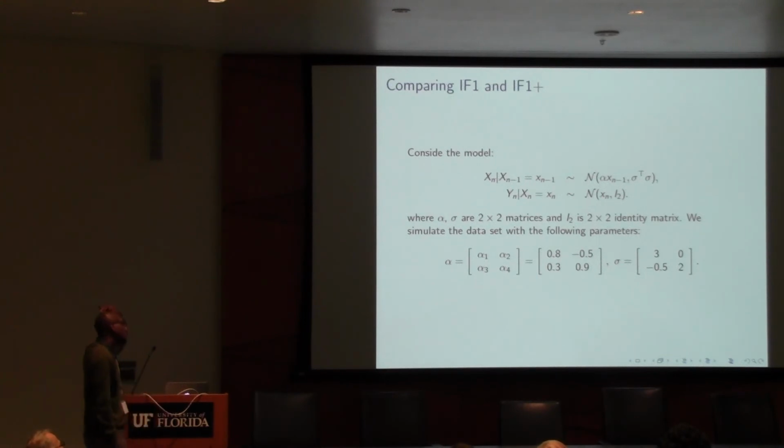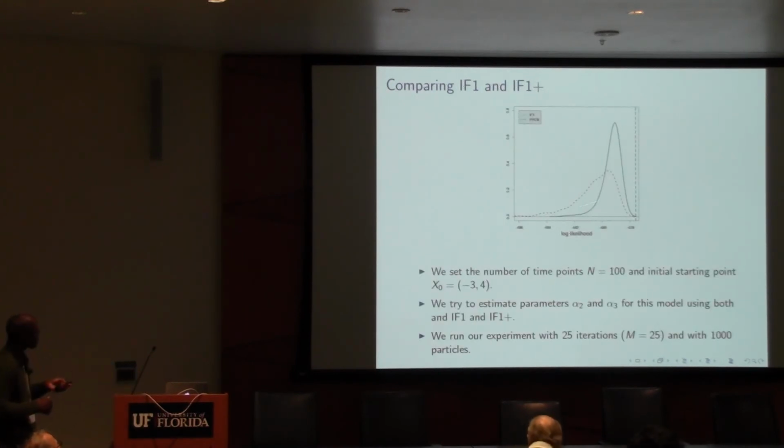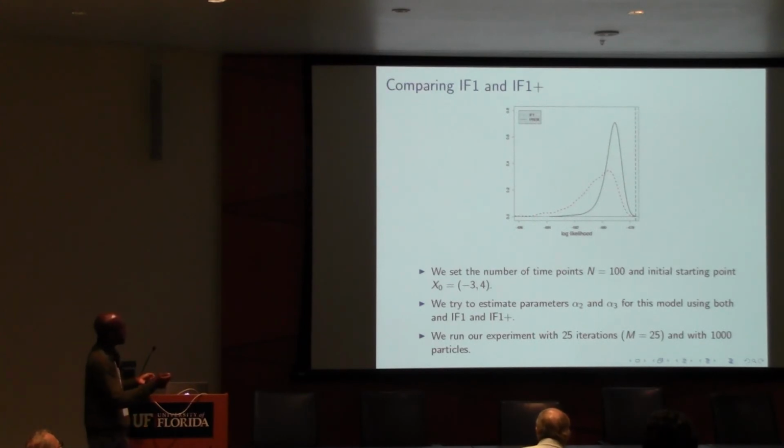Briefly, some illustration. Here we have a very simple Gaussian linear state space. Everything is Gaussian. We can compute the answer, and we want to use that to compare the two iterated filtering methods. We do many simulations, many runs or many paths of the algorithm, and we look at the likelihood that we get after